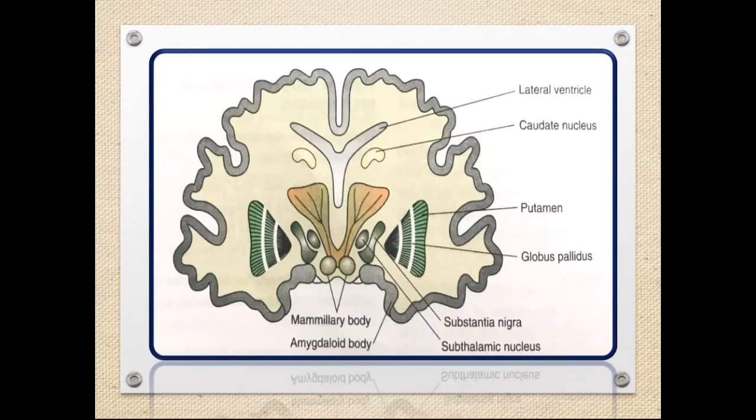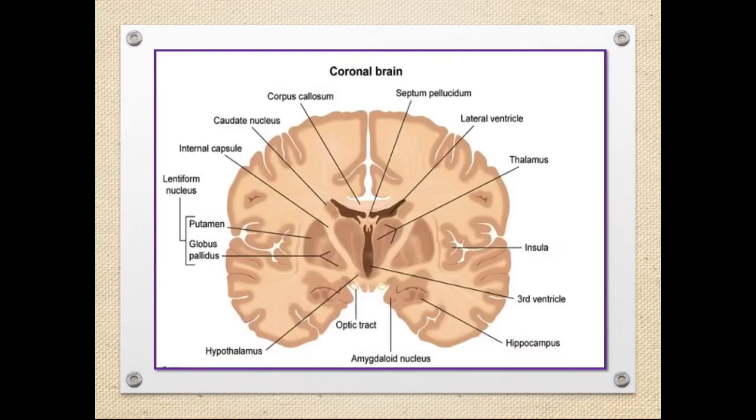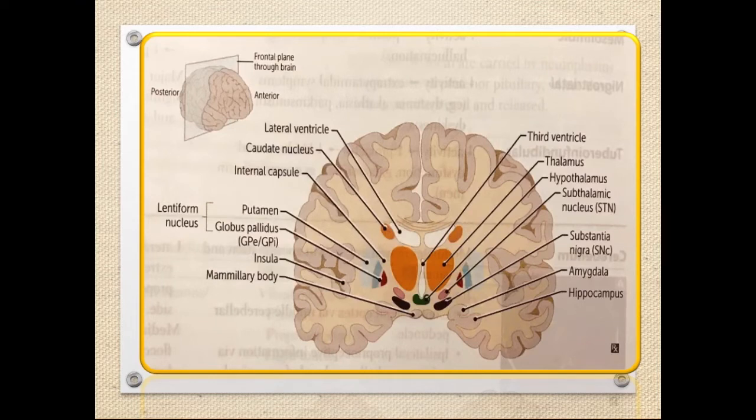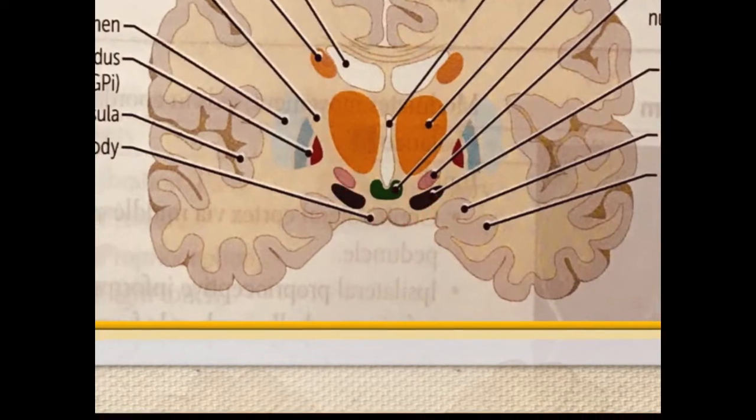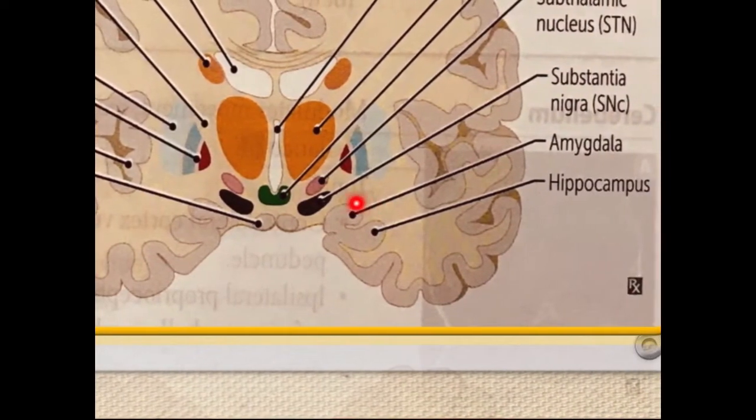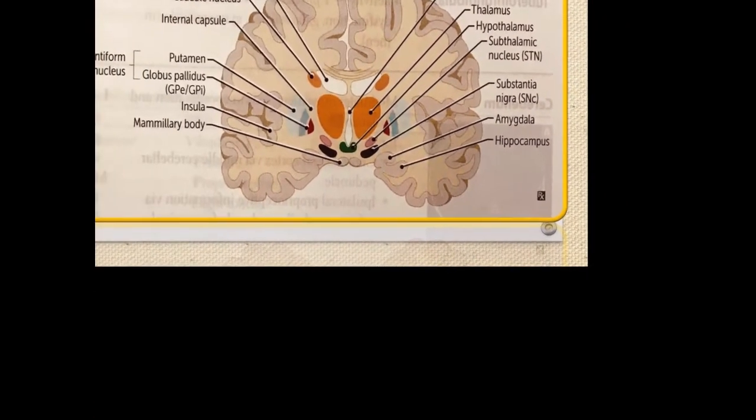If we just take a glance through these different structures, see, if we do one section over here and enlarge this one, again this part: lateral ventricle, caudate nucleus, internal capsule, thalamus, globus pallidus internus, externus, putamen, and this one is the subthalamic nucleus, and the lowermost, this dark one, is the substantia nigra. Okay. Now coming to the connection part,